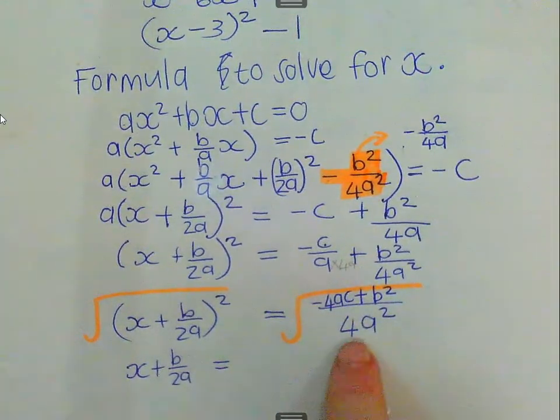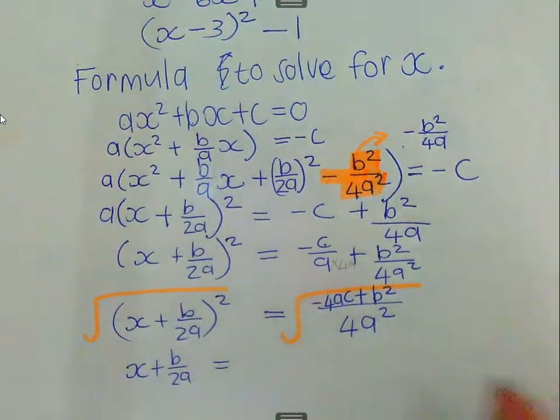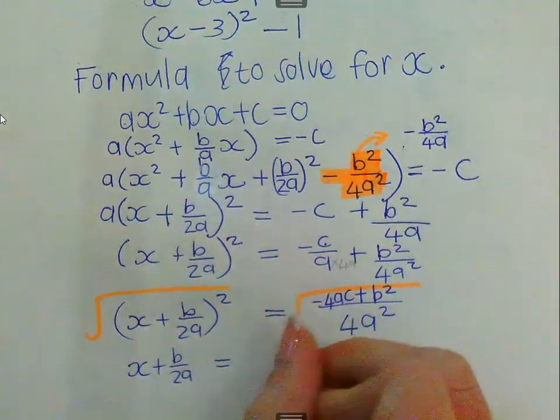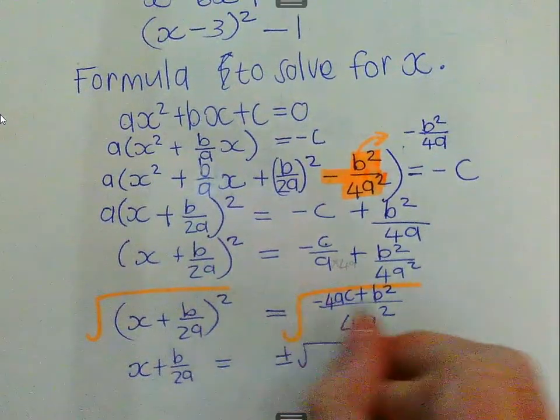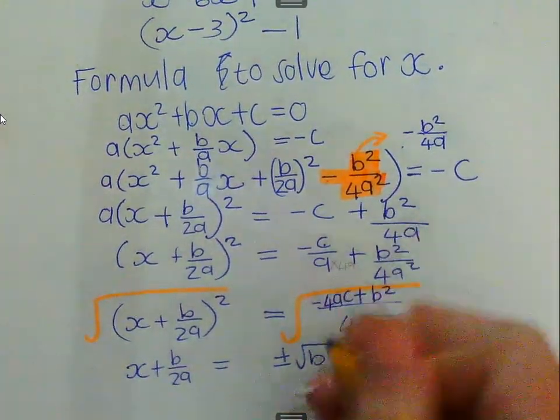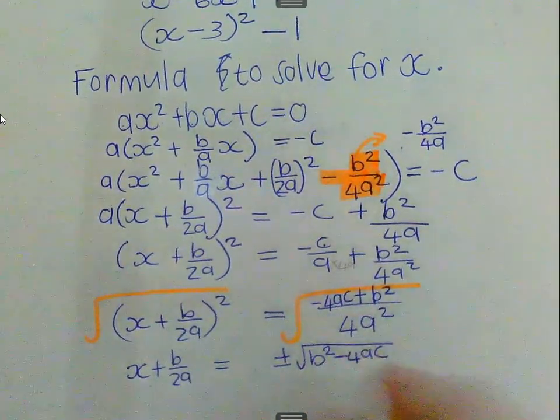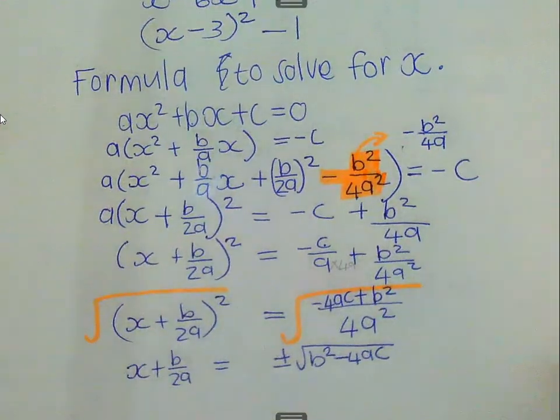But I can take the bottom one. 4a squared can become 2a. So I'll be left with plus minus the square root of, and we're just going to swap those two terms around. We prefer to put the negative at the back. Okay, b squared minus 4ac